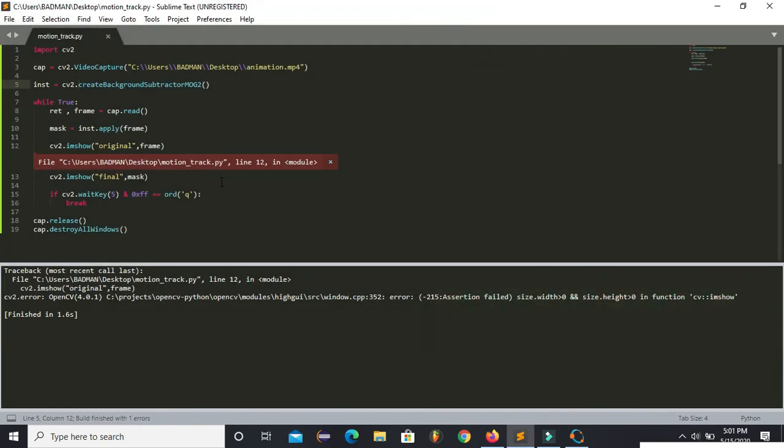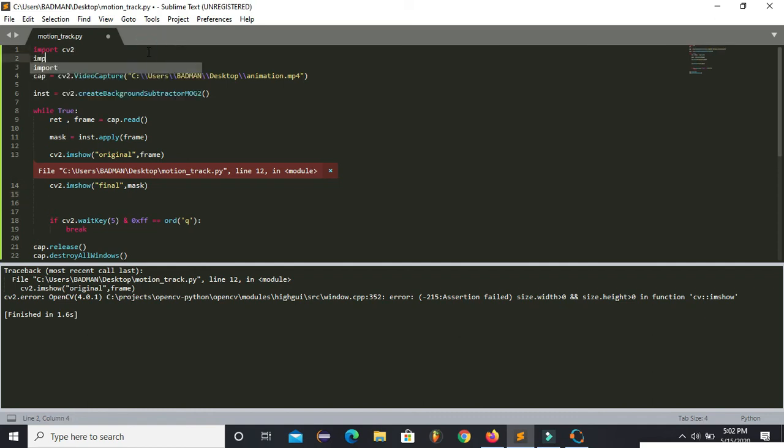In this way you can track motion of any object, but you can see the video is too short, so that's why it ends very soon. So here I will place a time.sleep method so that you can see the output very clearly.